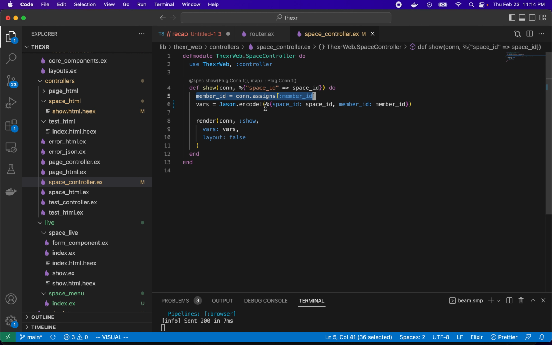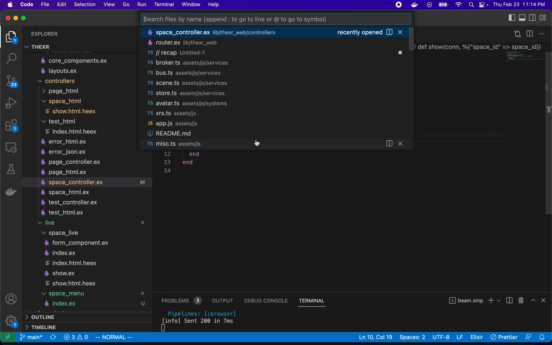And we've added a couple pieces of information. So from the URL, we're pulling out the space ID. So space ID and member ID are now JSON encoded, and we just pass that as vars to the front end, and this is going to render the show template. And the show template